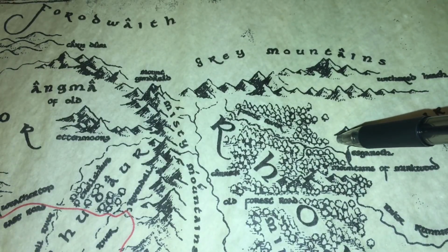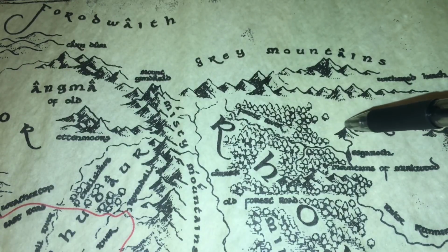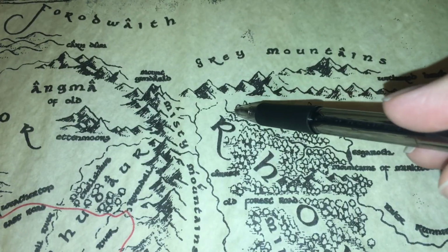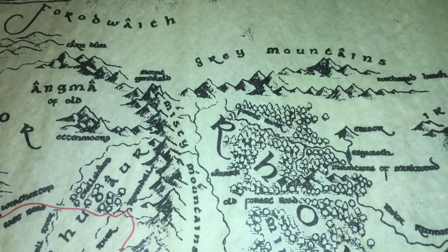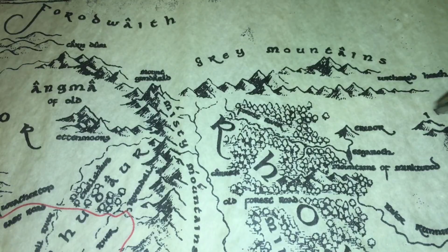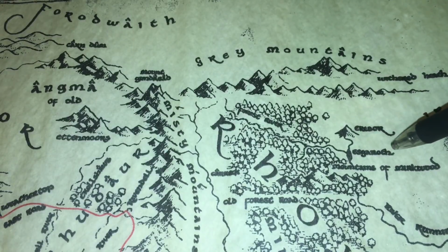Erebor is where the kingdom of the dwarfs is found. And we've got here Rhovanion, which is quite a large area, and Erebor is here, Esgaroth is here,